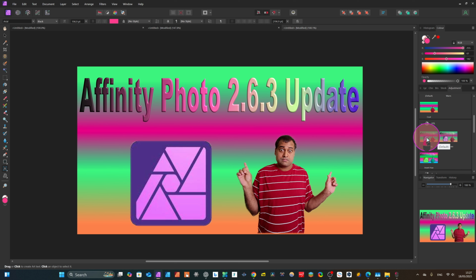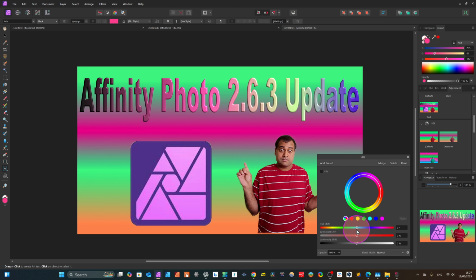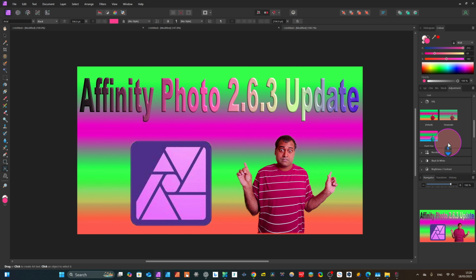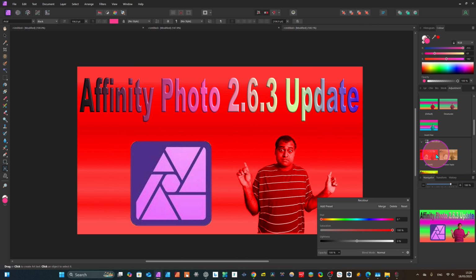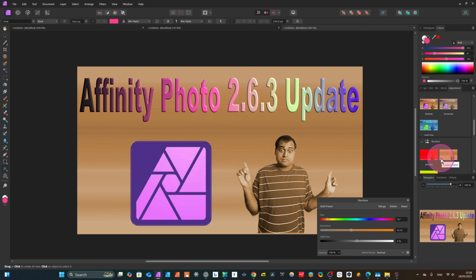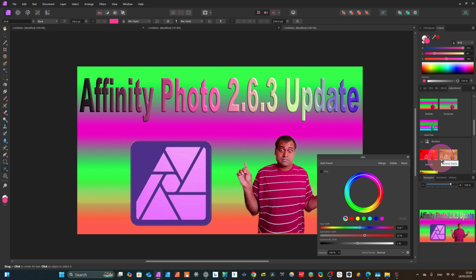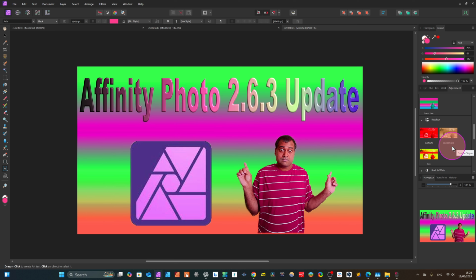We just click here, we take the default HSL, and here you can change. You can customize. You see I am customizing color here. You can see the effect. Okay, it's okay now, and here I am customizing some things. Okay, now just close. Now we want to add recolor. For recolor you can take this default gamma, but we don't need this actually. We just return. I have just shown you, you can do such fantastic things inside Affinity Photo.